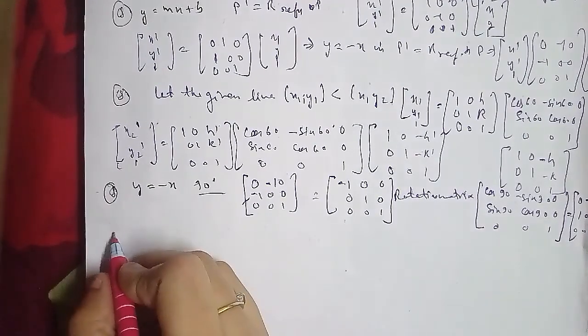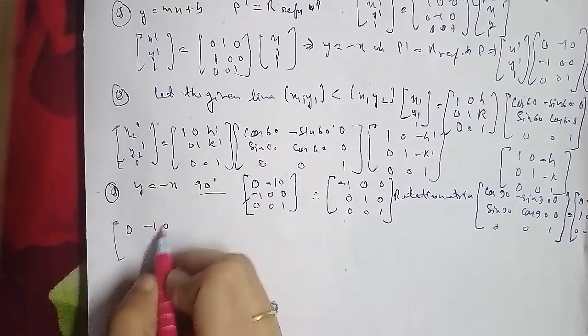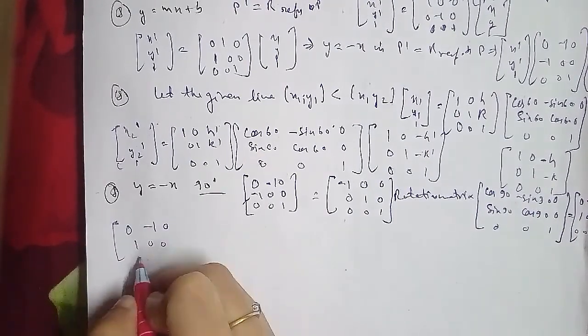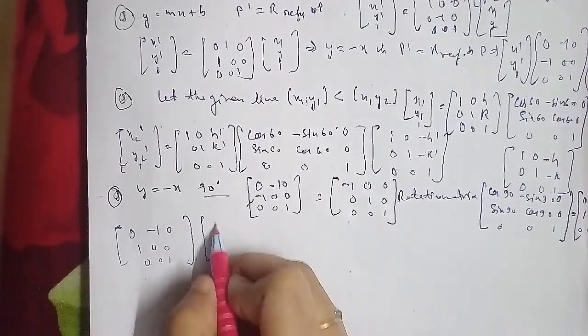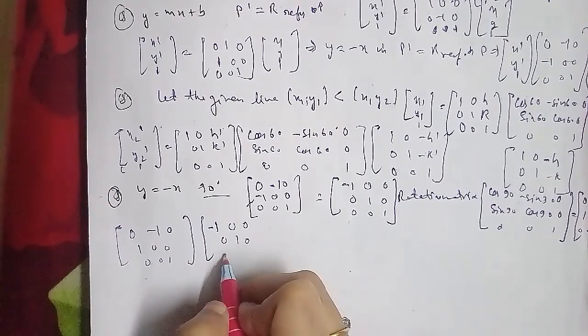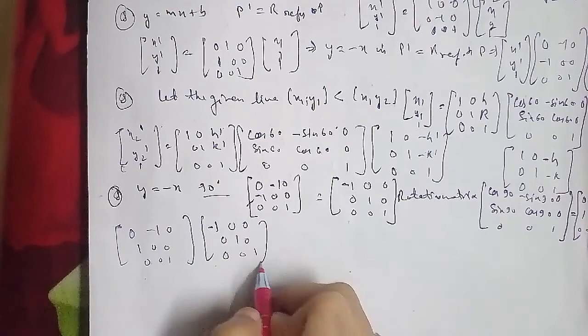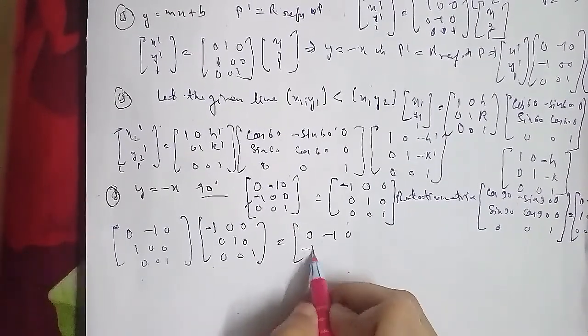The other question is as follows: show that the reflection along the line y equals x, we solved for y equals minus x earlier. Here we have to solve for y equals x, which is equivalent to reflecting along the x-axis followed by a rotation in the anti-clockwise direction by 90 degrees. So let's go ahead and solve it,